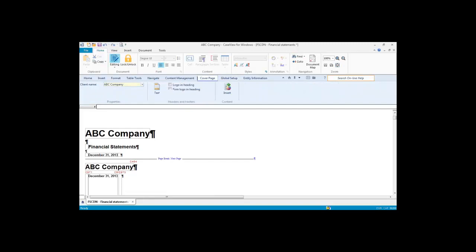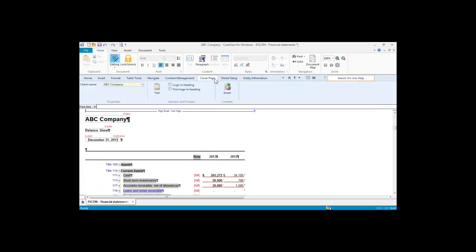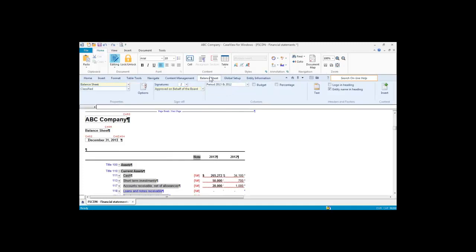Our final ribbon here is our Statement Setup ribbon. Now, this particular ribbon is cursor sensitive. As my cursor is currently located within the cover page, here I see all relevant information concerning my cover page. If I use my bookmarks here, however, and I jump down to my balance sheet, that still reads cover page until I place my cursor in the balance sheet statement area. When I do so, it updates to reflect balance sheet,